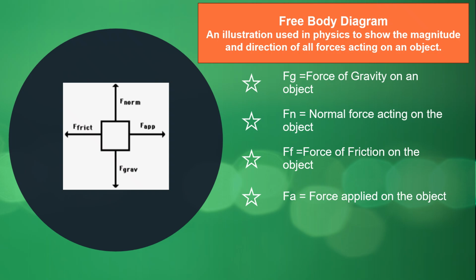So here's an example of what a free body diagram looks like. First of all, the definition is it's an illustration that is used in physics to show the magnitude and the direction of all forces acting on an object. And notice that if the object is that box, we see that there are forces in 4 different directions. At least the first thing that we could think of is the F of G, or the gravitational force acting on the object. Also, in the opposite direction, there's something called the normal force, which is the total opposite and